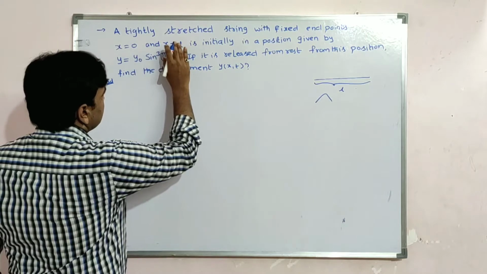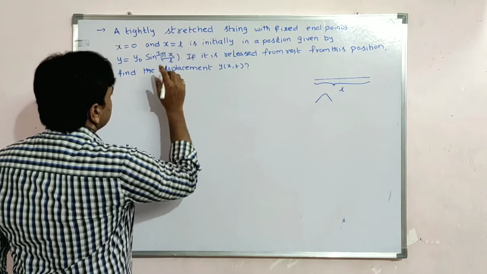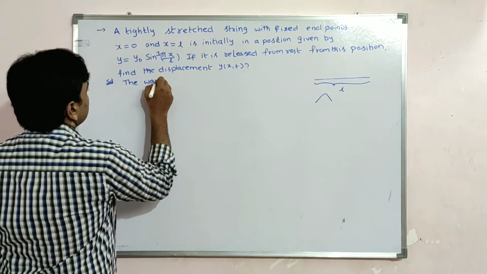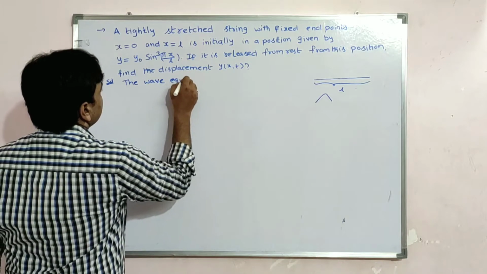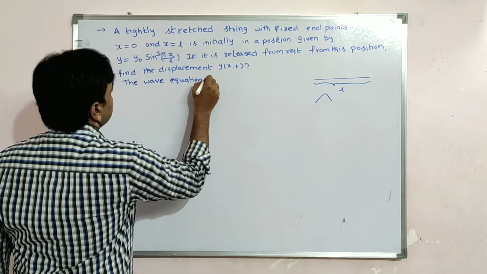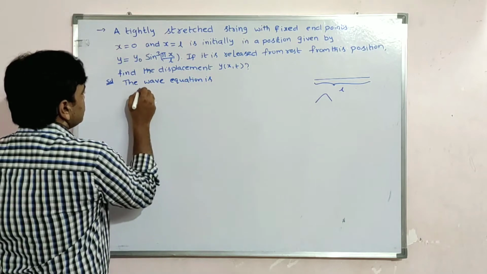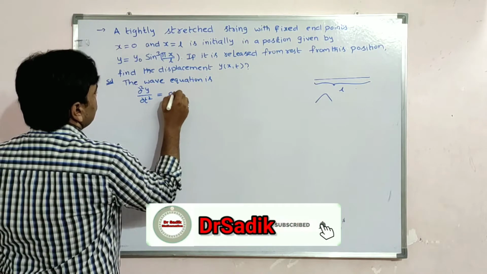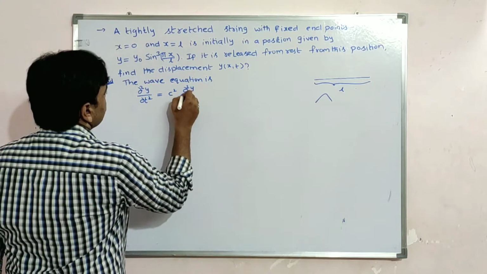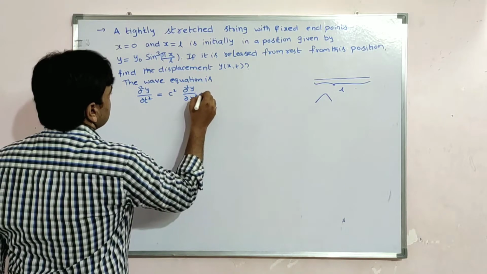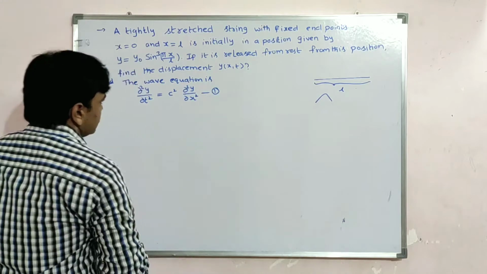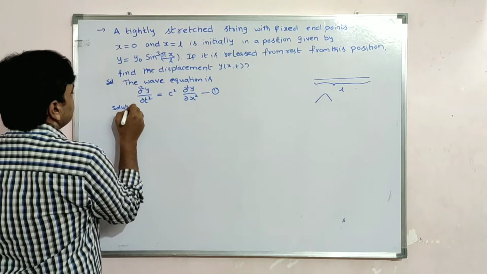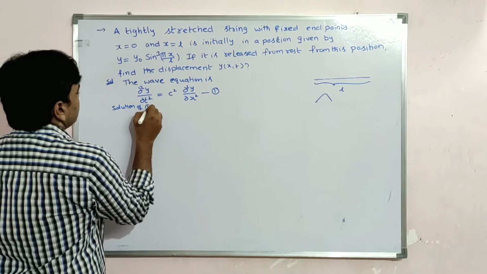Whenever you observe a stretched string, that means it is a wave equation. What is the wave equation? Dou square y by dou t square is equal to c square into dou square y by dou x square. So this is 1, students. Now the solution of 1 is,